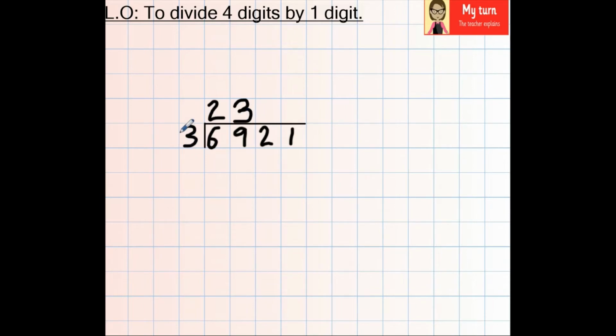How many 3s go into this 2 here? Now remember, this would be 2 tens, this would be 20. Now we have to think on this one because actually this is smaller than the number we've got here. So what we have to do, this is 2 tens at the moment. We have to exchange this 2 tens for